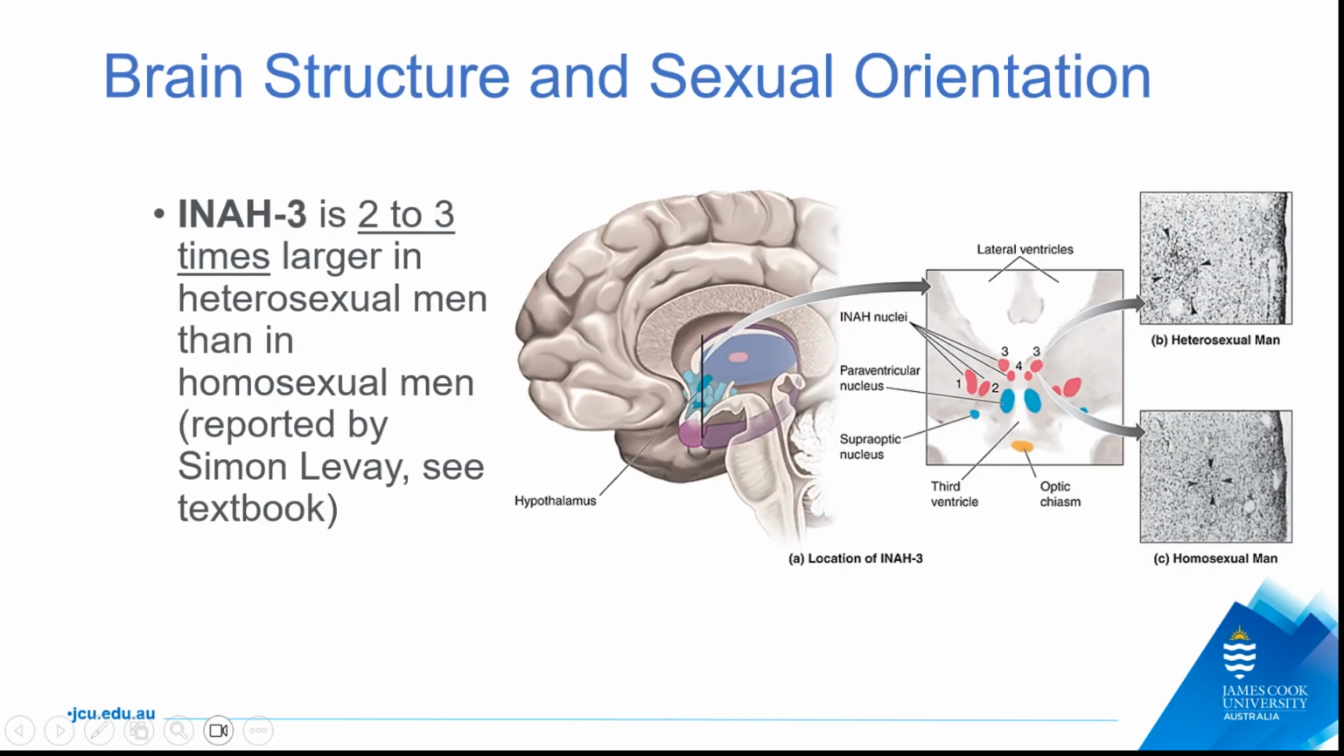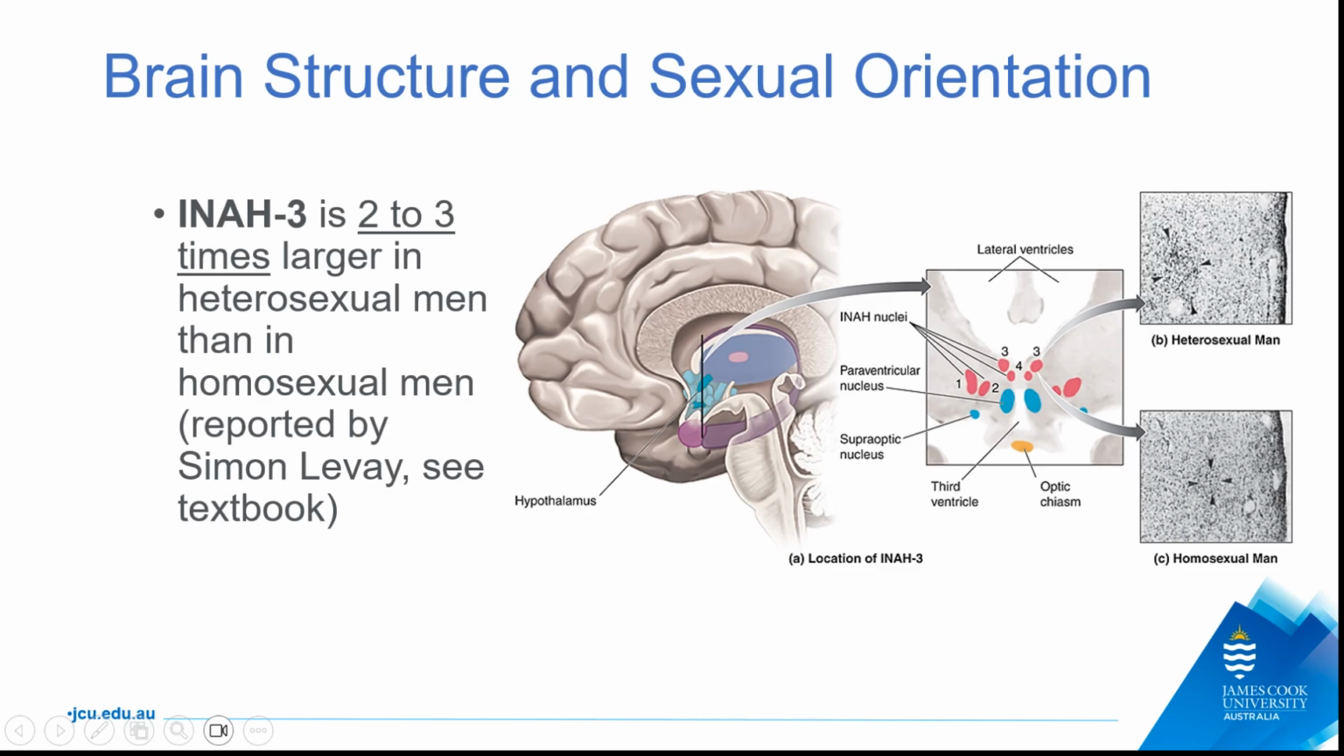So this is our interstitial nucleus of the anterior hypothalamus 3. It's 2 to 3 times larger in heterosexual men than in homosexual men. It was done by Dr. Simon LeVay. For the details, you can read the textbook. It's actually traced. We can actually trace all this